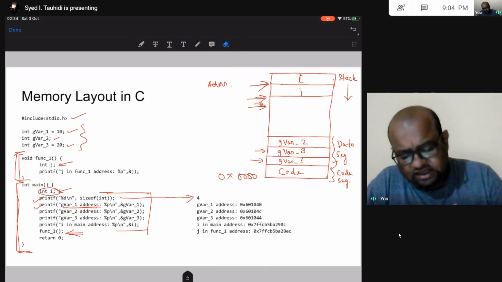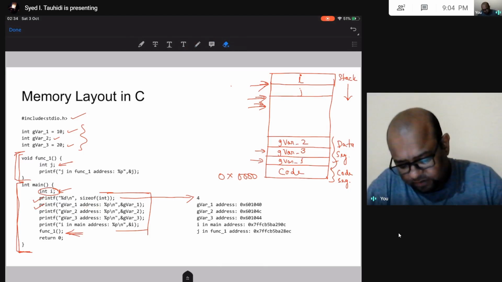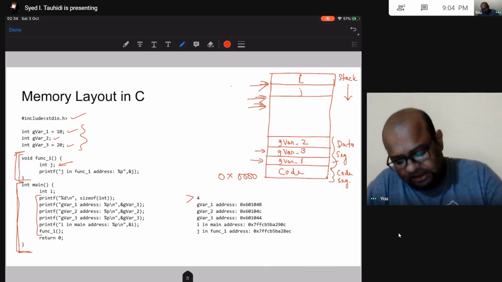So let us verify whether this is true by printing out all these addresses one by one. Let us look at the output of all this. In this line, I am simply printing the size of an integer.